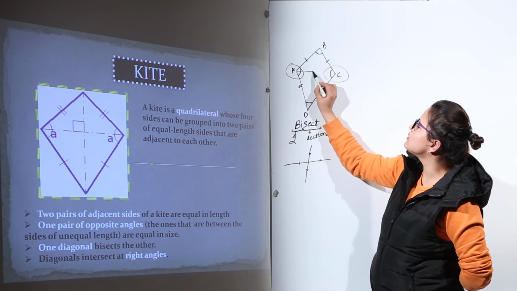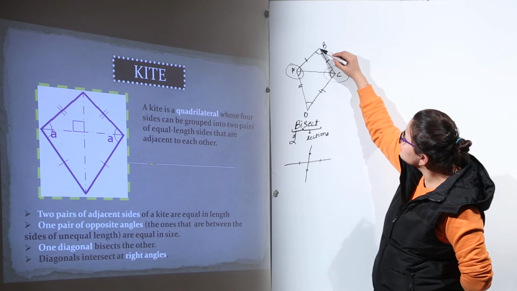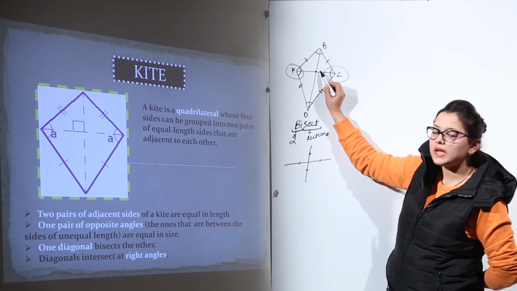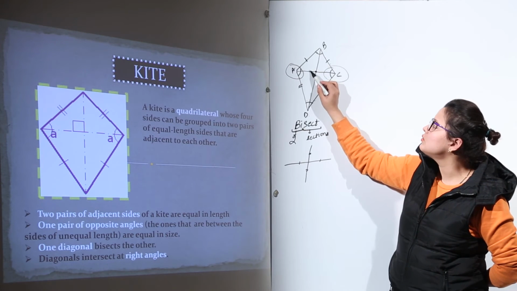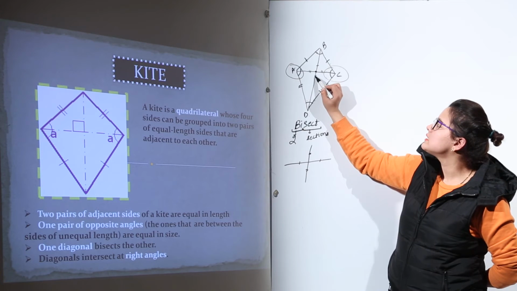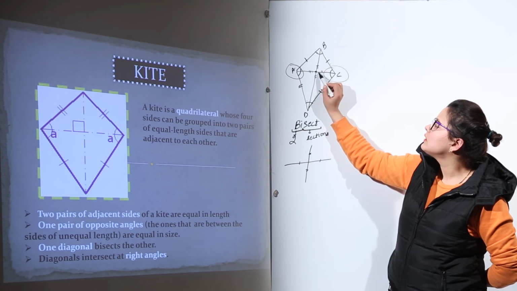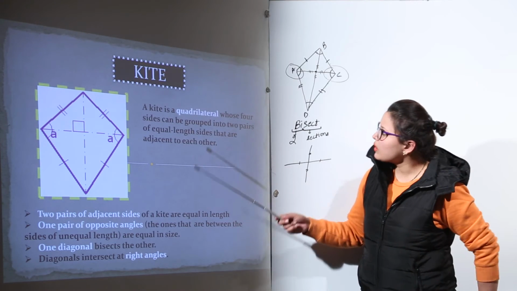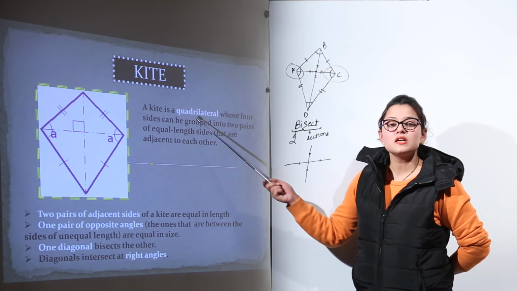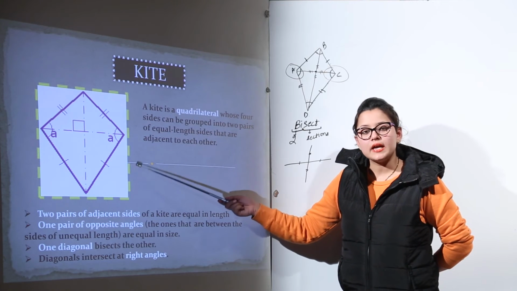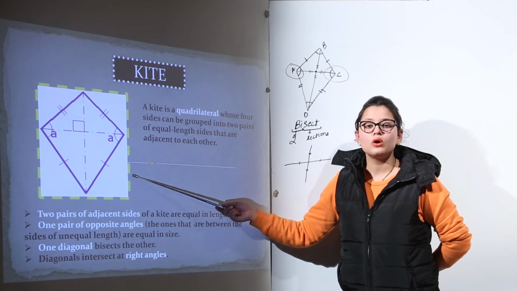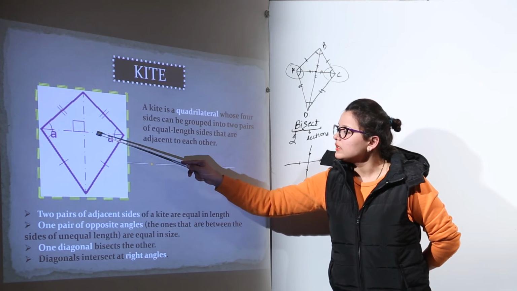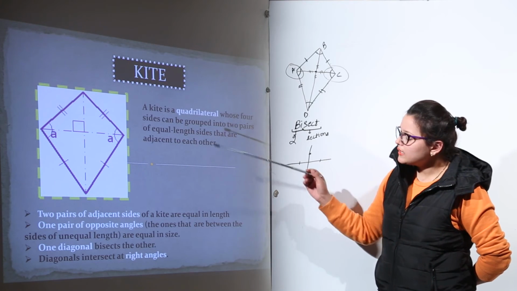If I draw the diagonals over here, AC is one diagonal and BD is going to be the other diagonal. I am saying that both diagonals are going to divide each other into two equal parts. That's what I meant. Understood? Now we can see clearly that it is going to have two diagonals only, reason being it is a quadrilateral. So its diagonals are going to intersect each other at 90 degrees. Why 90 degrees?